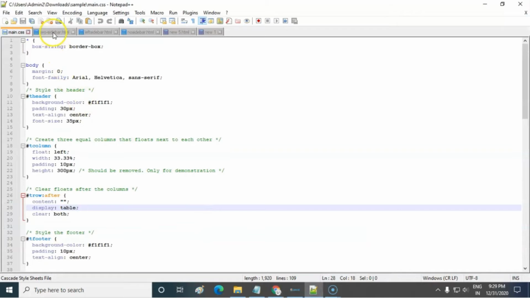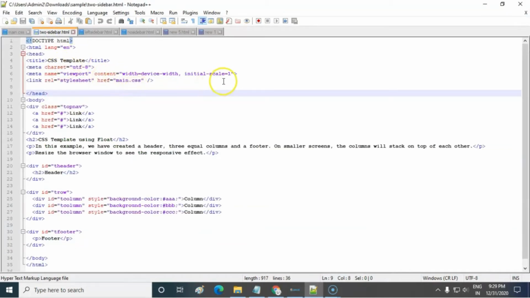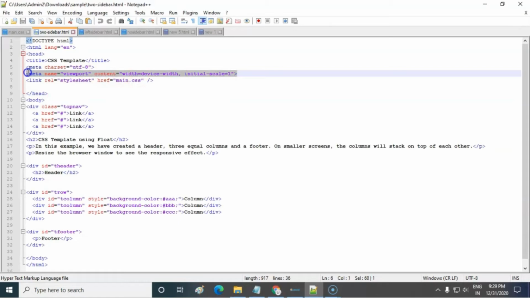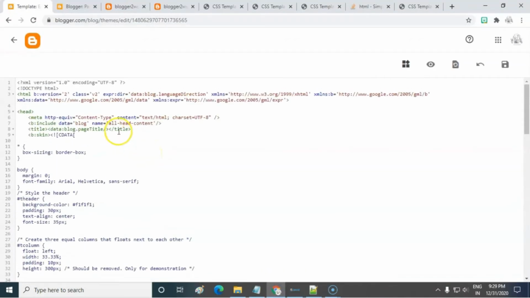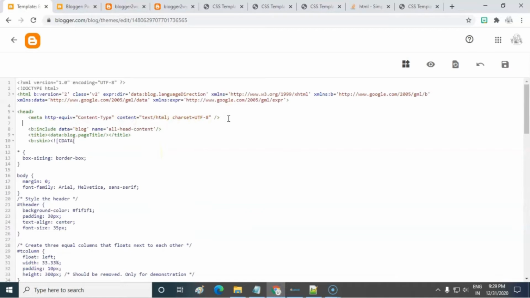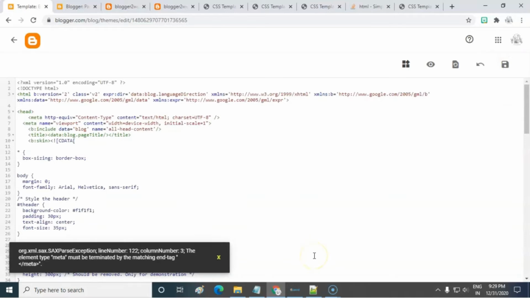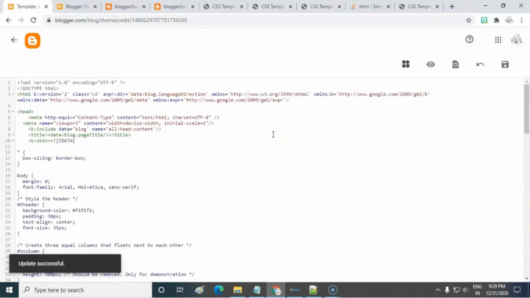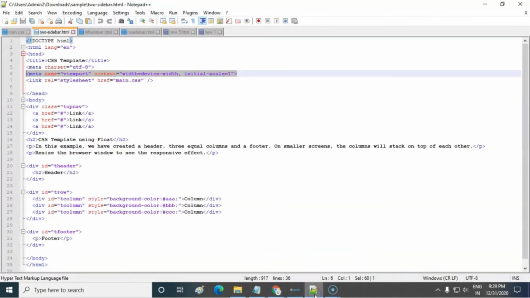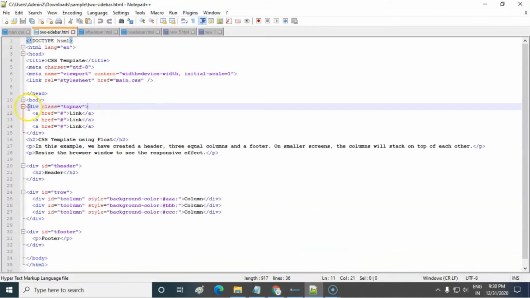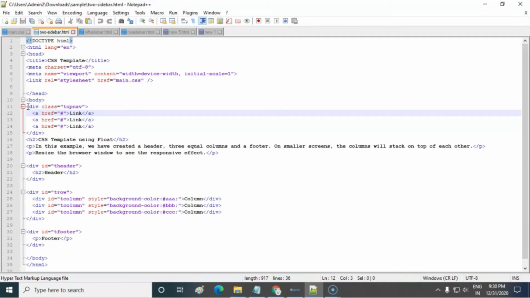We have to add a meta tag for the viewport. Next, for the home page, copy the codes in between the body tags.